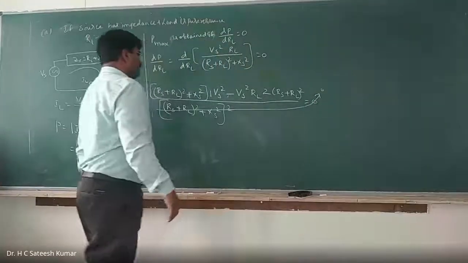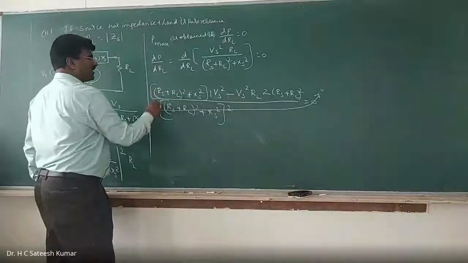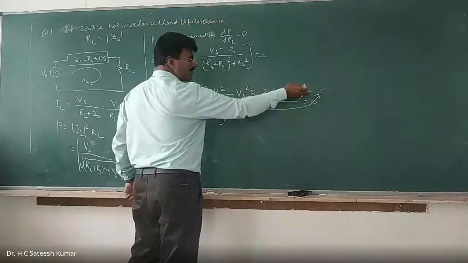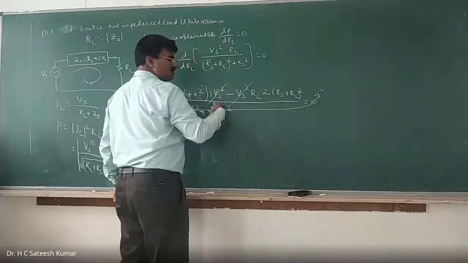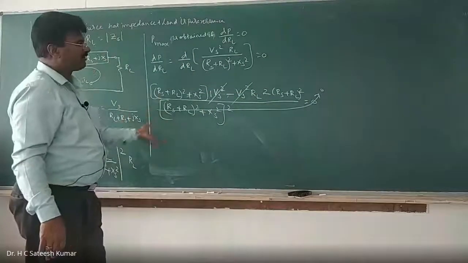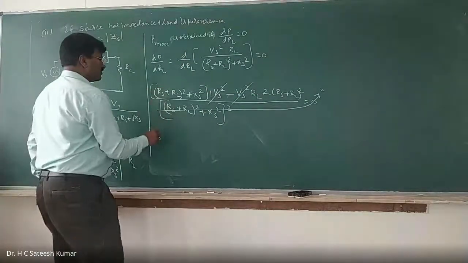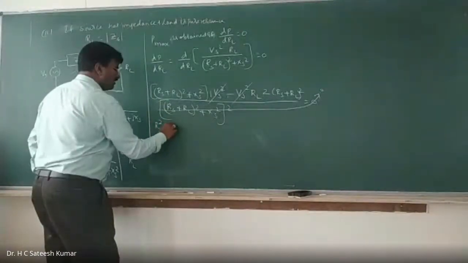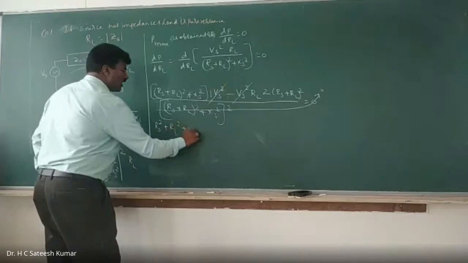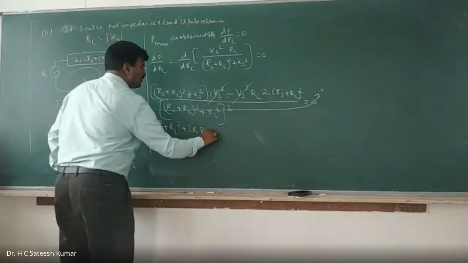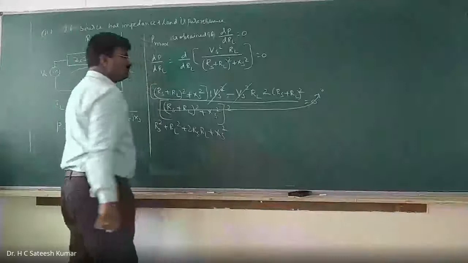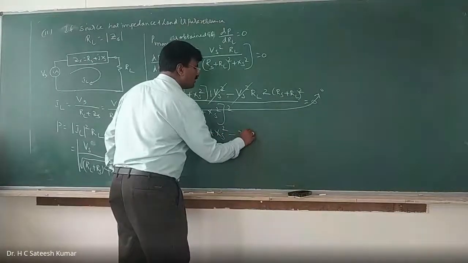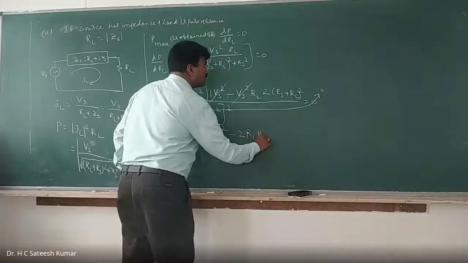Okay, right? Then what do we have? Expand this one, Vs². Divide throughout by Vs², since the right hand side is 0. This Vs² you take common and divide throughout by Vs². Vs² is gone. Now you expand this one, (a + b)², RS² + RL² + 2RS RL + XS², minus 2RL into RS. Sorry.